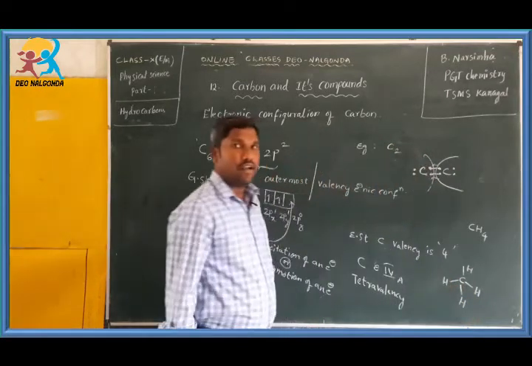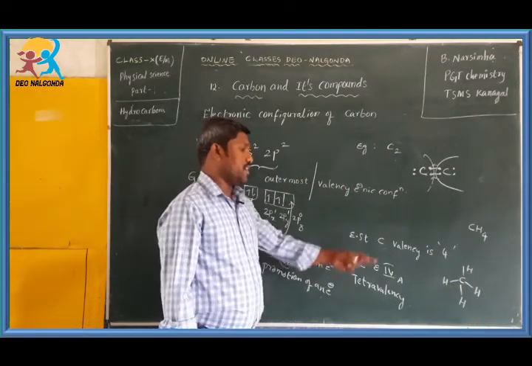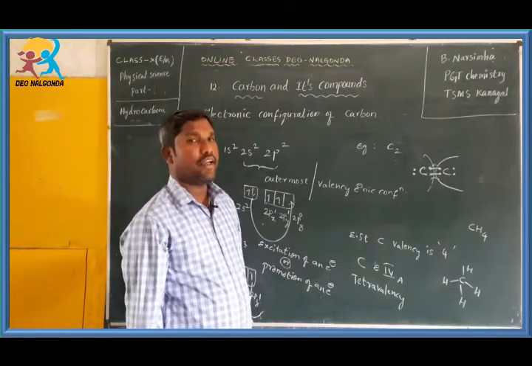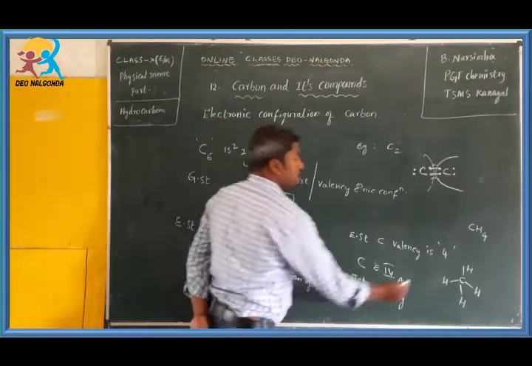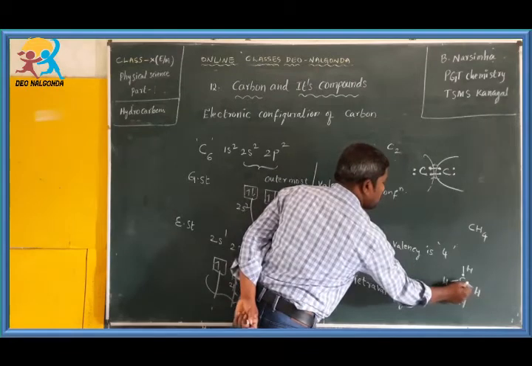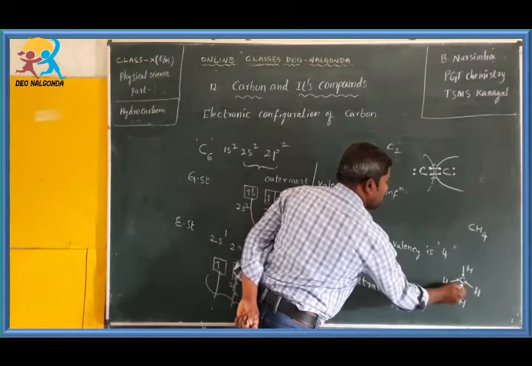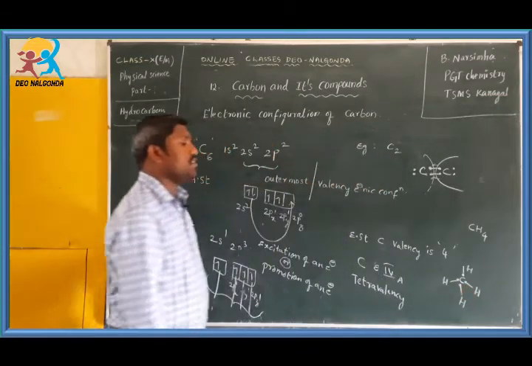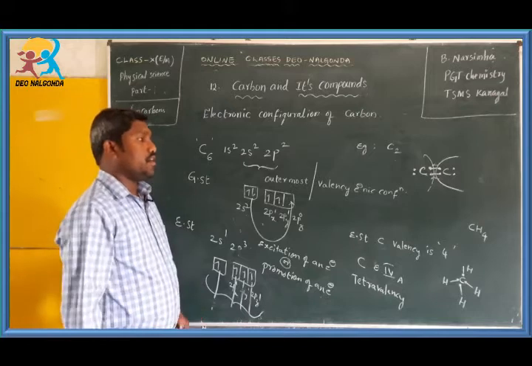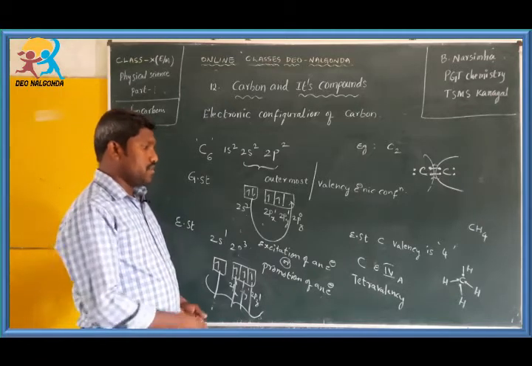Carbon bonded with 4 hydrogen atoms. Therefore, that is the methane molecule. In the methane molecule, carbon is surrounded by 4 electrons. Therefore, the valence electrons of carbon are 4. This is a tetrahedral arrangement.